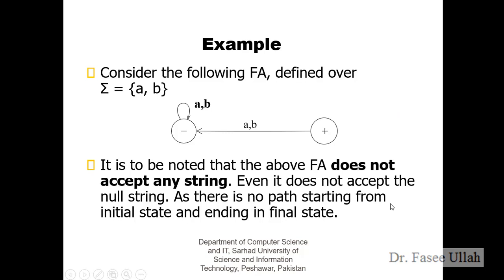Okay. We have another example. Consider the following finite automata defined over the set {a, b}. If we see over here, we do not have the initial state, or it does not accept any initial value, so it is only the final state, right? So it will not accept any empty string or input string, right? We can also have such a finite automata which does not accept any input value from the user, because the arrow symbol is coming from the final state to the initial state. So it is also possible.